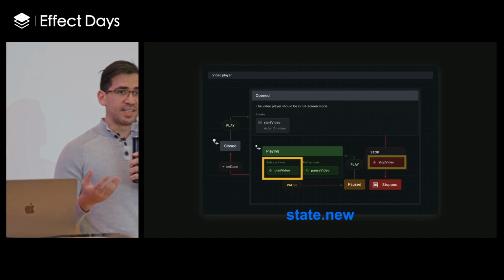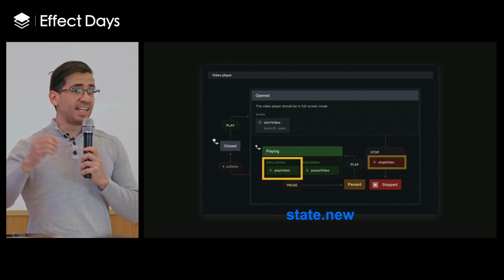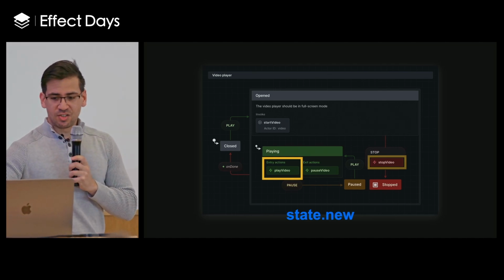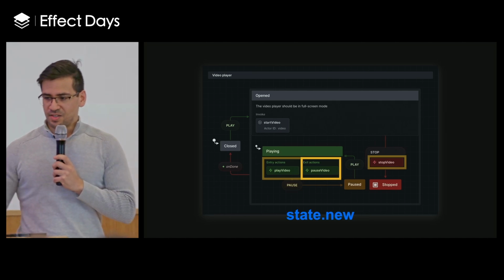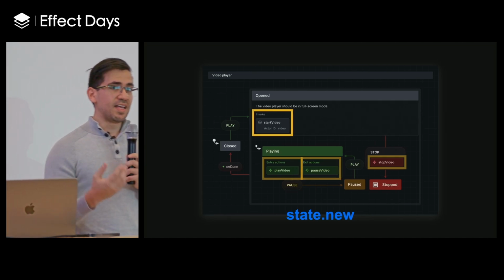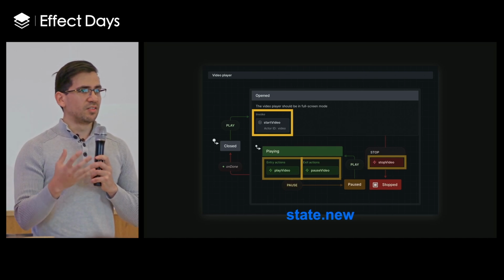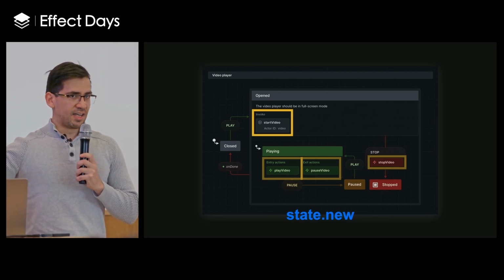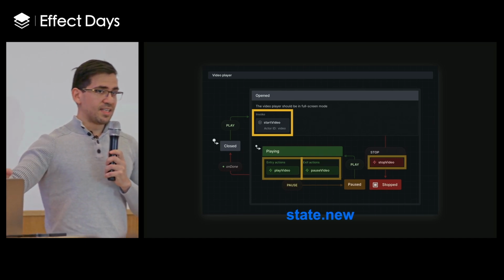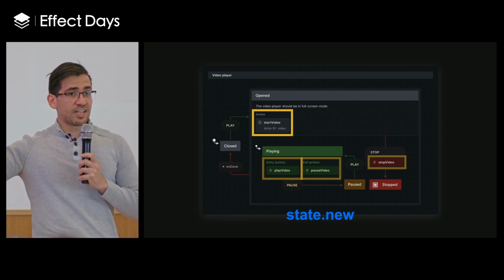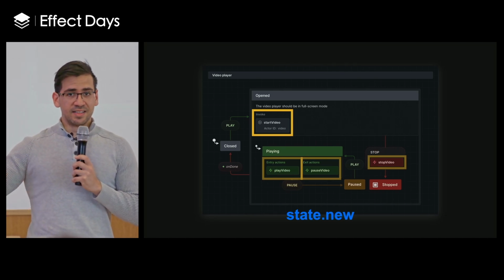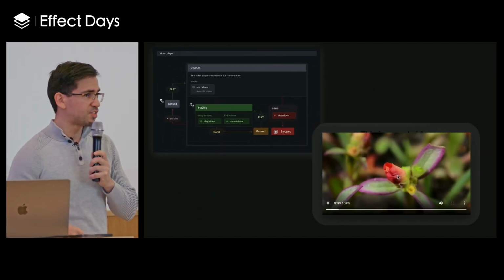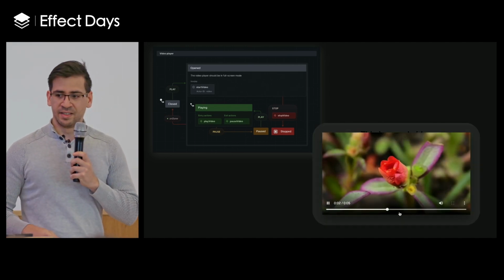Now, we also have entry and exit actions on states, which means that any transition that goes into a state is going to execute that entry action, and any transition that exits a state will execute the exit action. And then there is invoke. You could think of these as long-lived actions or long-lived effects. These are effects that you actually have to take care of, you have to babysit. They live for the lifetime of the state. So they're things that could actually communicate back with the state machine, and they're not just fire and forget like a normal action. And so this is an example of this behavior.